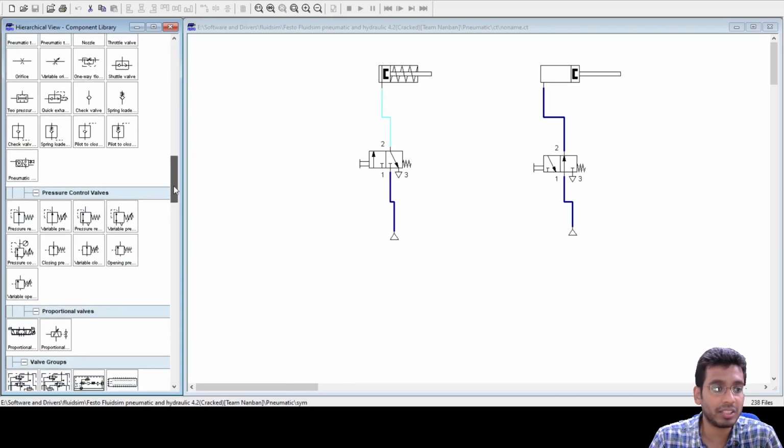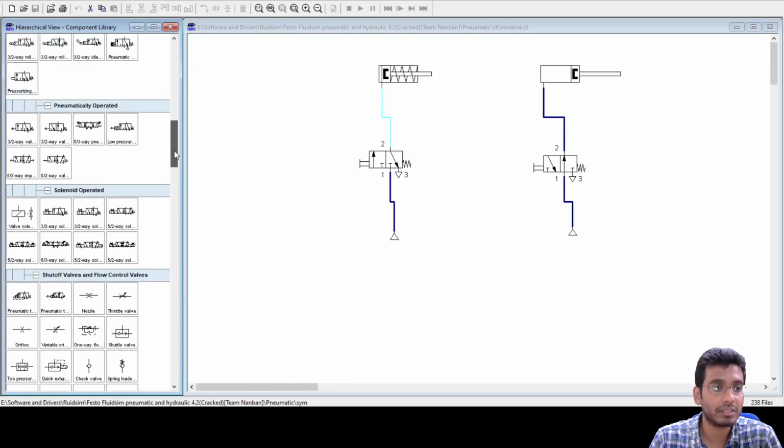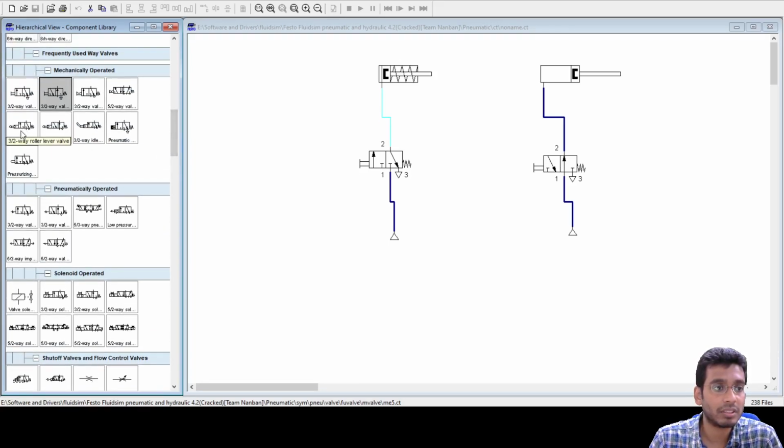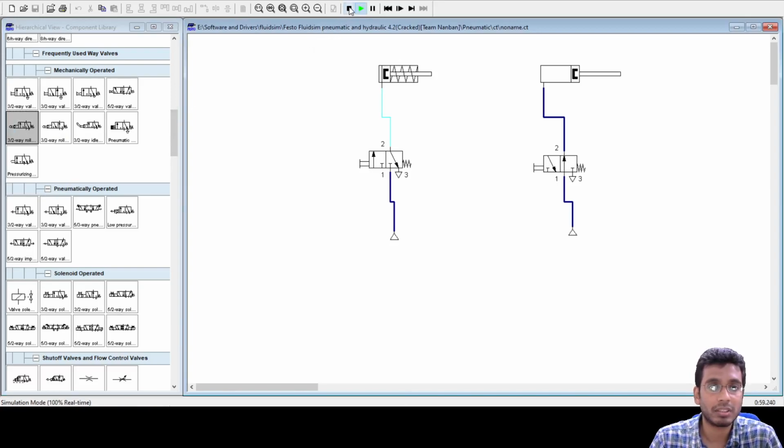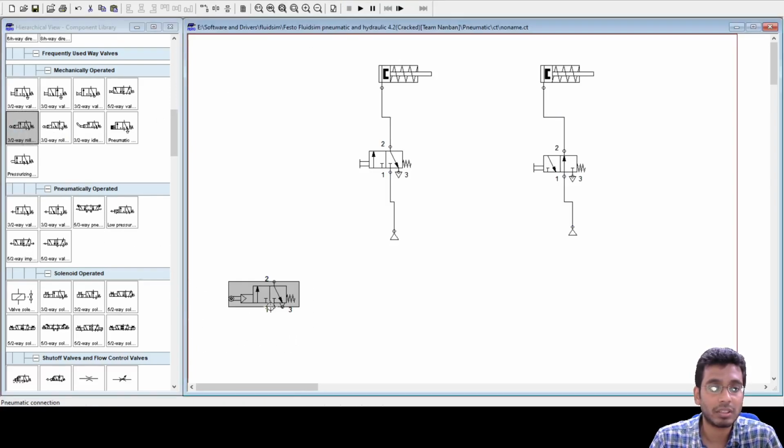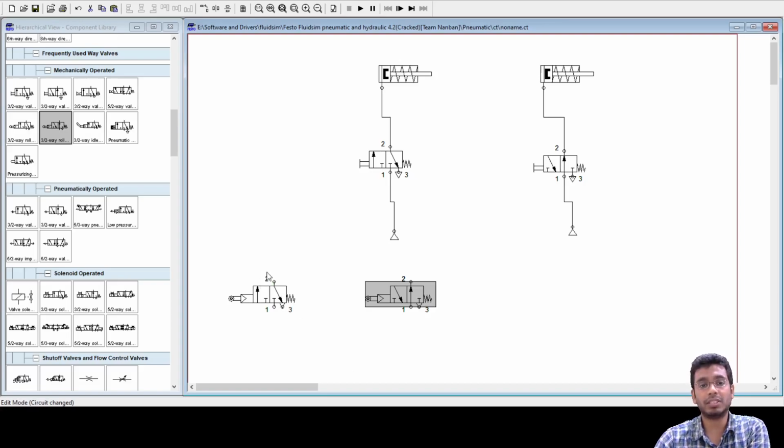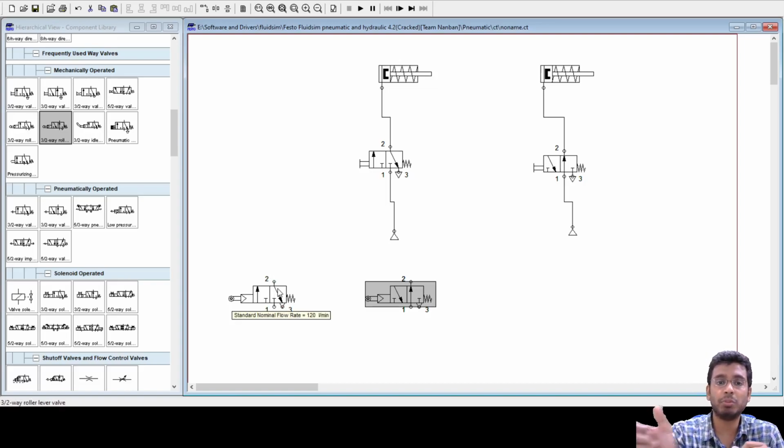For example, if you take the valve arrangements here, okay, so see, if this is the arrangement here, normally closed, then the moment this roller valve is actuated, only then you will have this pressurized port 1 getting connected to port 2, and you may be able to shift the valve, or whatever other functionality you want to do.